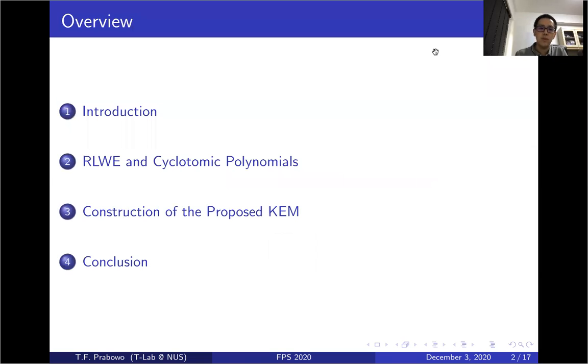So this is the outline of my talk. First, I will start with an introduction, introducing some basic notions like what is a lattice, what is a key encapsulation mechanism, and what is the motivation of doing our work. And then we go to slightly more technical stuff on RLWE and cyclotomic polynomials, which is a preparation to go to the main part of the talk, which is the construction of our key encapsulation mechanism, and we end with